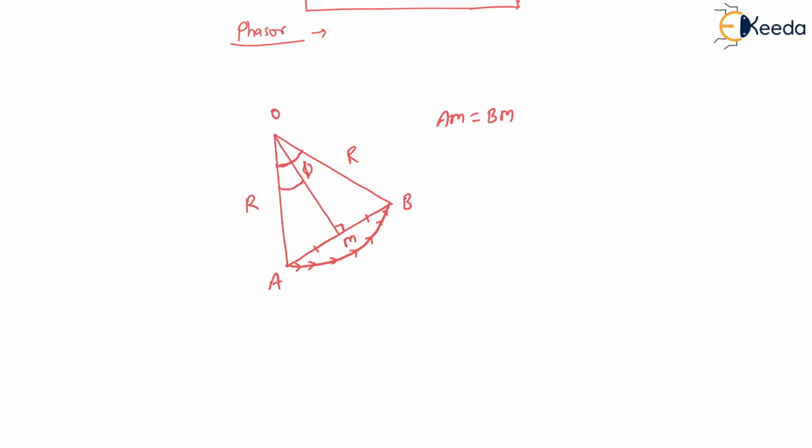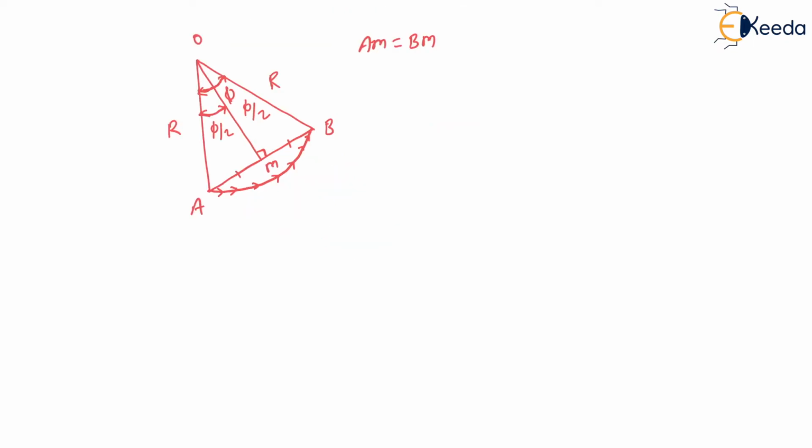As AM and BM are equal, this perpendicular bisects the chord as well as it will bisect this angle O. So this angle will be phi by 2, and this will also be phi by 2. Now we will assume the maximum intensity as well as the resultant amplitude. First of all, we will find the amplitude and then we'll go for the intensity. Now see, let us consider this arc AB